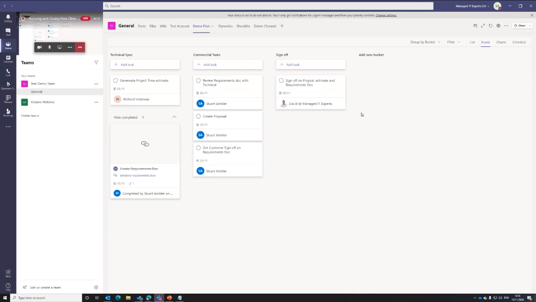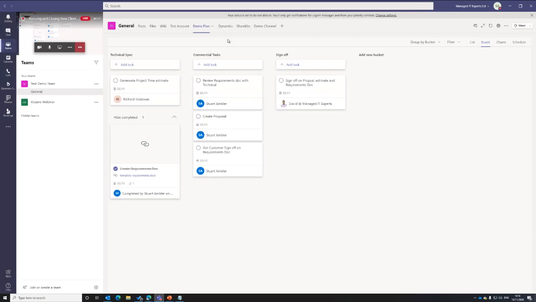So these are all created automatically once I add that plan, add the tasks, and it's assigned to each individual without me having to leave this. I don't have to go and send multiple emails. I mean, this would be four separate emails to ask them to do these things, to ask them to check up on it, updates, etc. I don't have to do all that. It's all here. I can see if people have done the tasks or not, and I can see what stage everything's at.